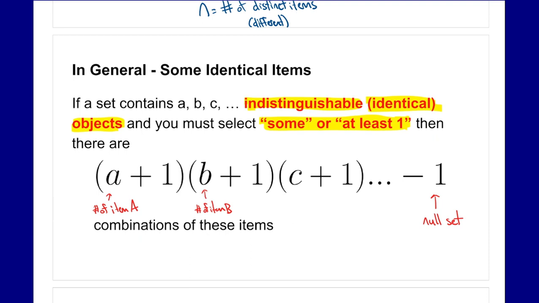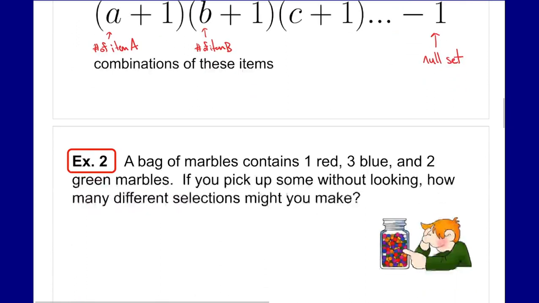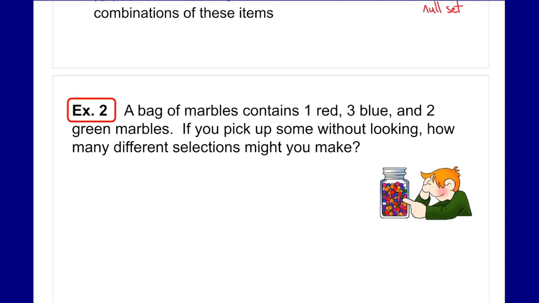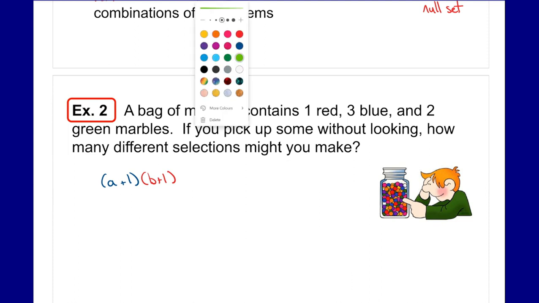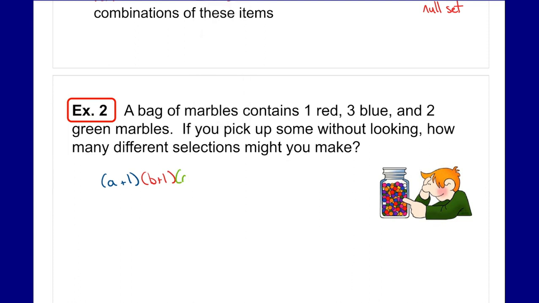So let's go through and look at an example of how this would work. Again, we go back to the marbles. A bag of marbles contains 1 red, 3 blue, and 2 green marbles. If you pick up some without looking, how many different selections might you make? So we're going to use that formula, because we're looking for some, or basically we're assuming that we have to select at least one marble. So A plus 1 times B plus 1 times C plus 1,